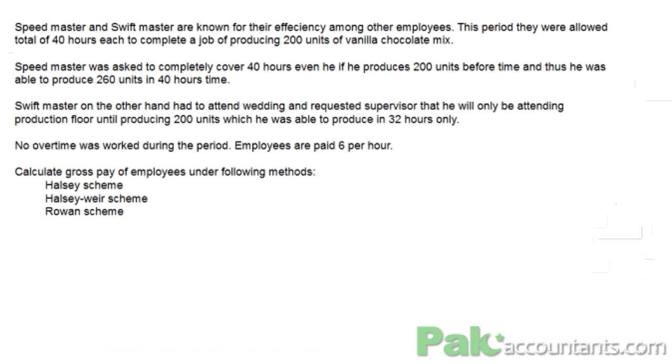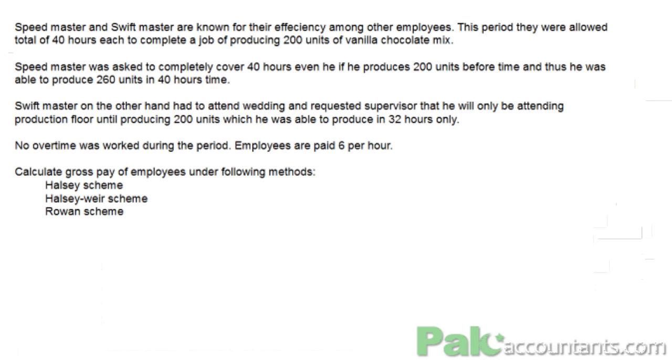Alright, here we have one question. Let me read it first, and then I will come to the discussion of how we are going to approach and solve this question. Speedmaster and Swiftmaster are known for their efficiency among other employees. This period they were allowed a total of 40 hours each. That means both of them were given 40 hours separately to complete a job of producing 200 units of vanilla chocolate mix. Speedmaster was asked to completely cover 40 hours even if he produces 200 units before time, and thus